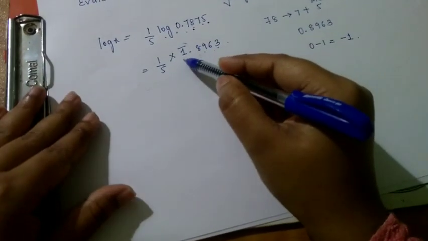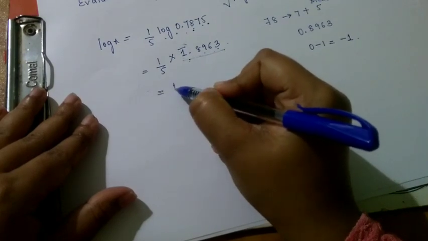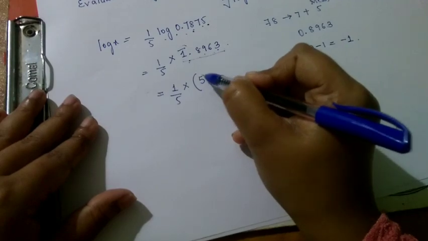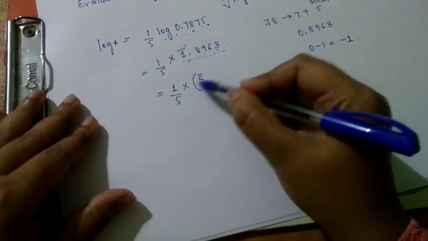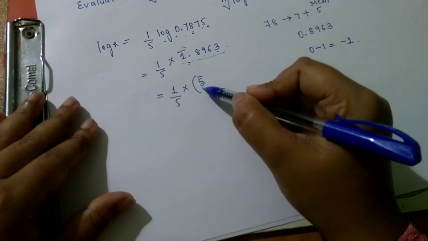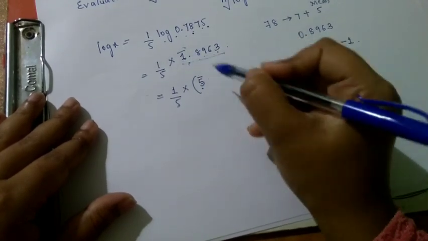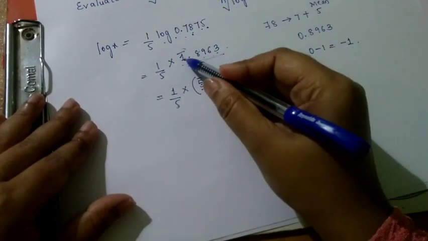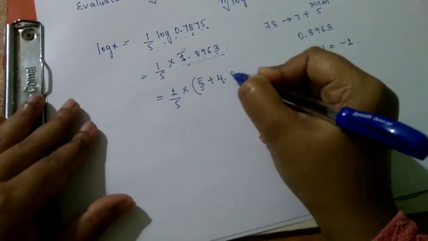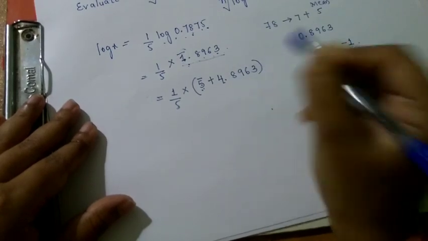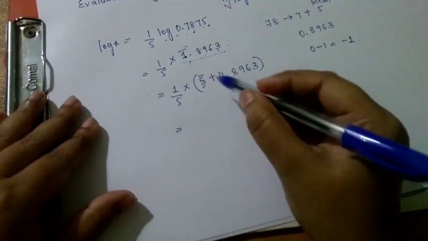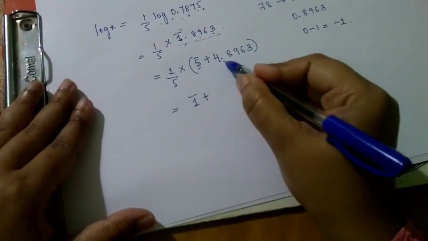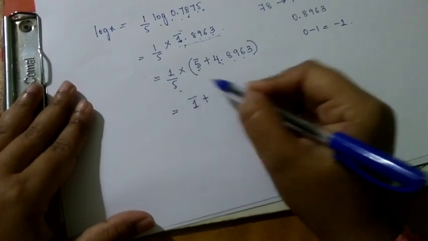Okay, now you cannot divide the number directly. What I'm going to do is make 1 by 5 into... I need a number 5 here. So I write minus 5, because 5 and 5 I can cancel. If I write minus 5, in order to get minus 1, I have to add 4 to this. Minus 5 plus 4 gives you minus 1. The mantissa part remains as it is. So 5 bar divided by 5 will be equal to 1 bar plus 4.8963 divided by 5.